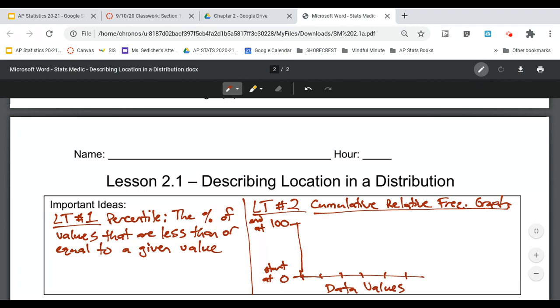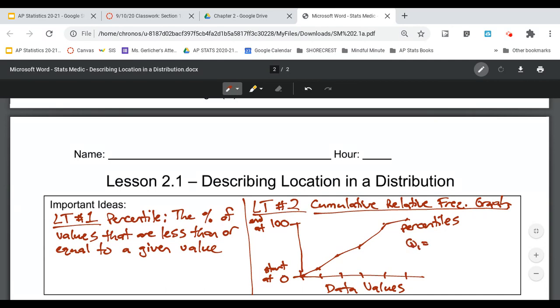And then it looks like it starts at 0, and I'm just going to make up another one. It looks something like this, where it starts lower left hand and ends up in the upper right hand. And what you're building up are percentiles. Okay, the last thing that's going to show up that will be helpful to know, remember that quartile